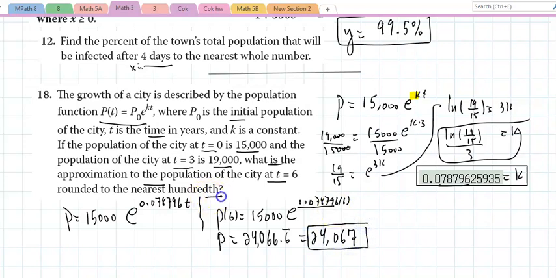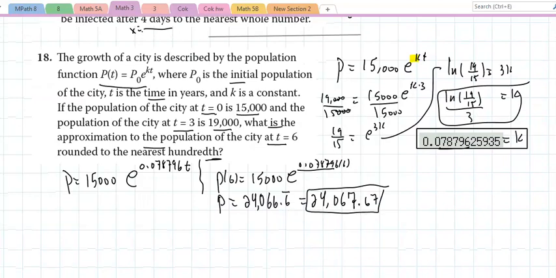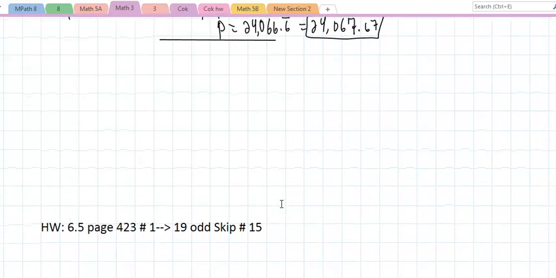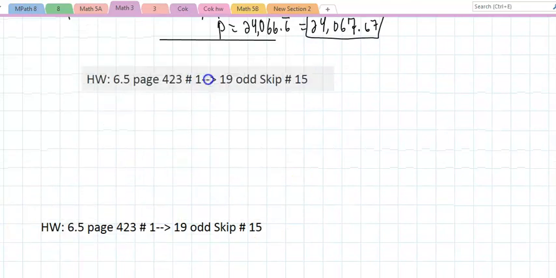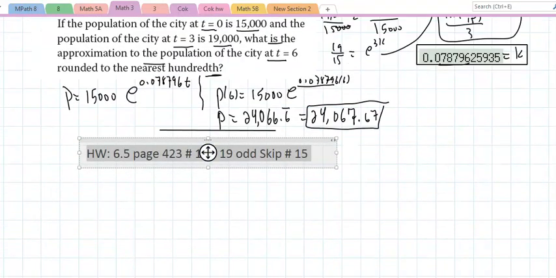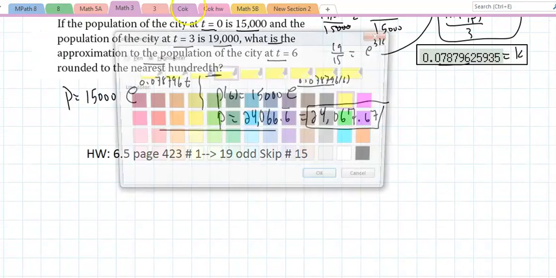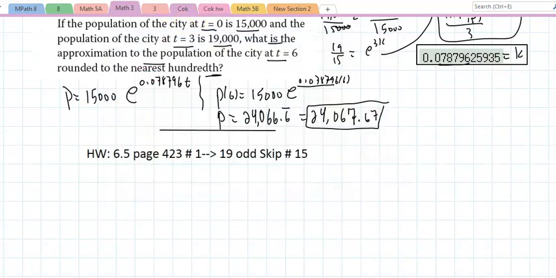We round to the nearest person. Oh, round to the nearest 100. Oh boy, that's new. We almost never do that. I've never seen that before. But it's all good. There's always a first time, right? If we're talking about population, normally we say people. We don't say half a person, or a quarter, or whatever. No big deal. This author likes that. Who am I to criticize? And there's your homework. And that takes care of this section.